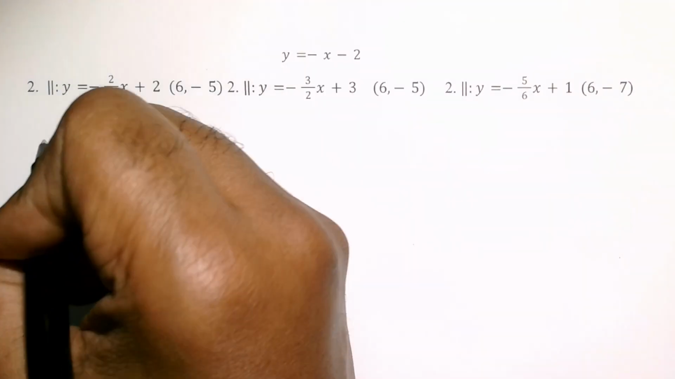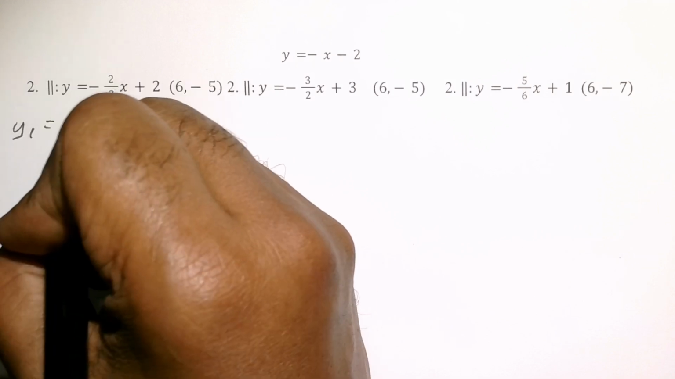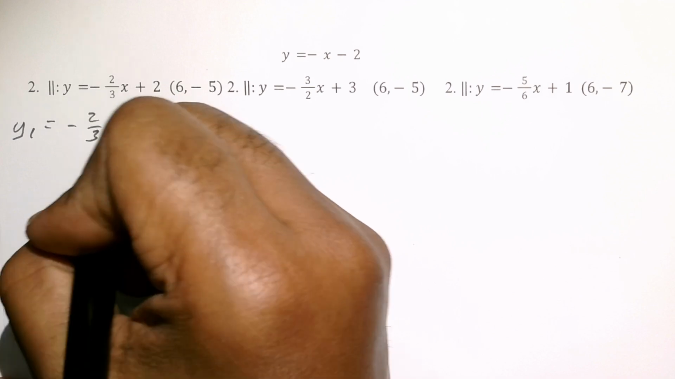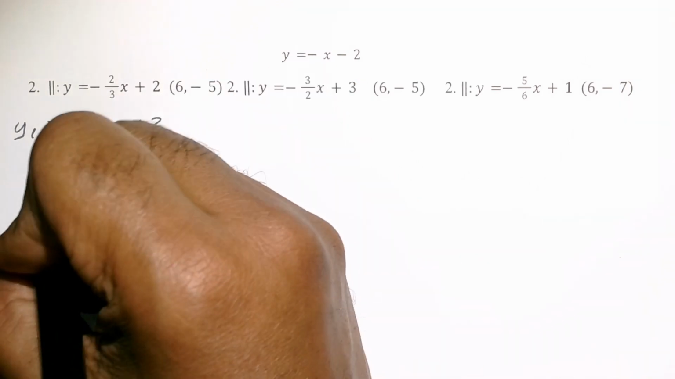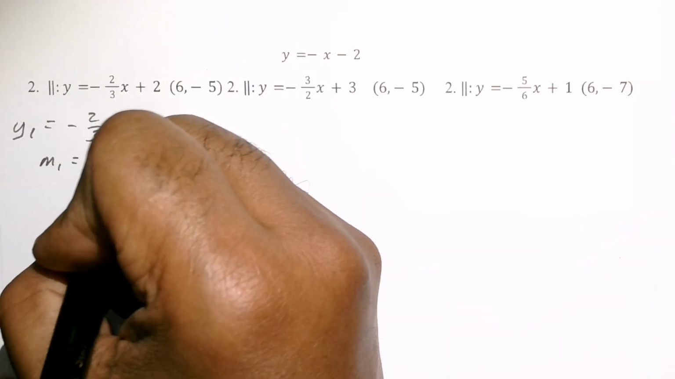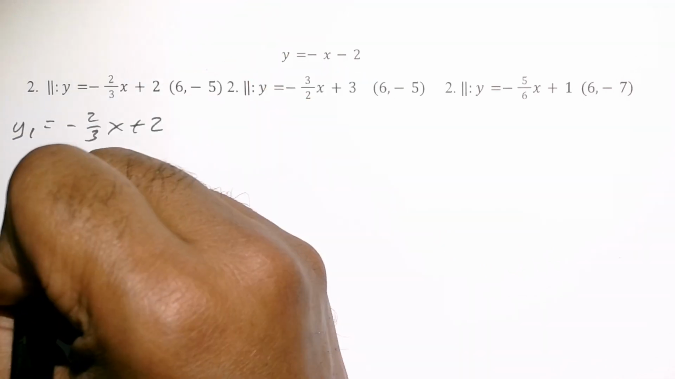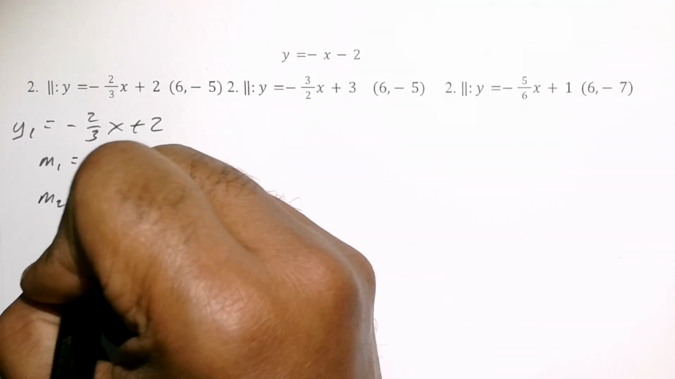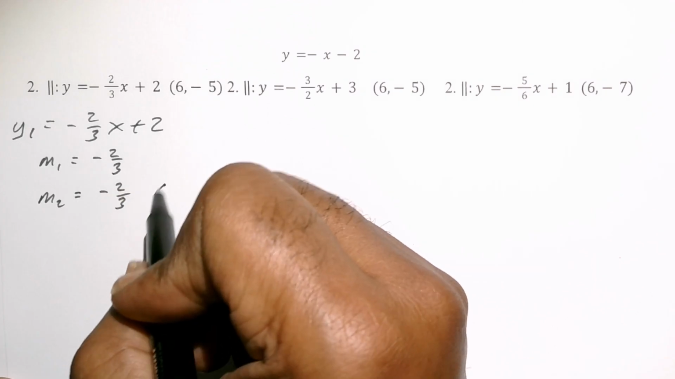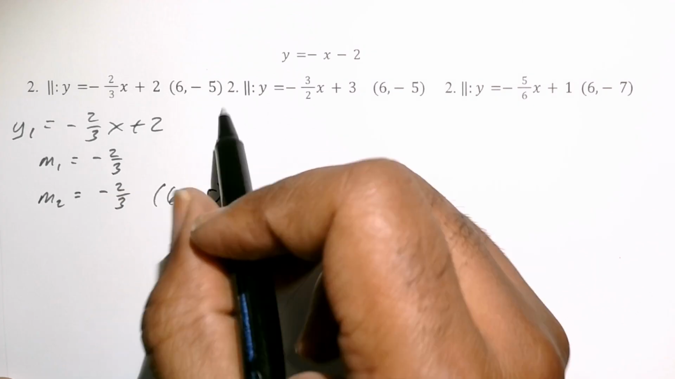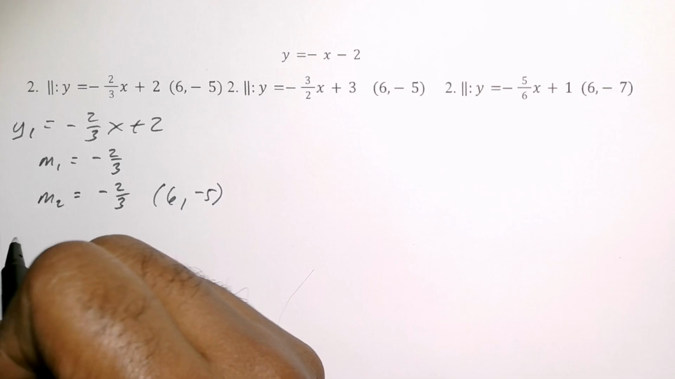Okay, the original equation, we'll call this one y1, which is negative 2/3 x plus 2. And this one has a slope of negative 2/3, down 2 over 3. Our new equation needs a slope that's going to be the same, negative 2/3, but has the point 6 and negative 5. So our new equation will be based on this and this. So let's start